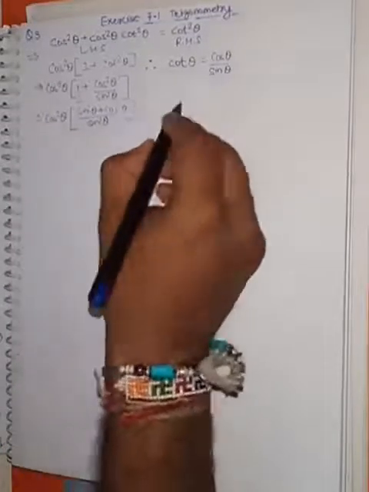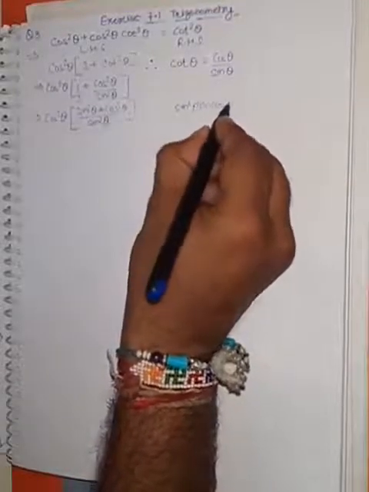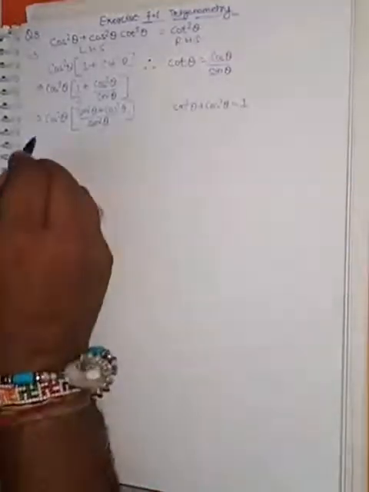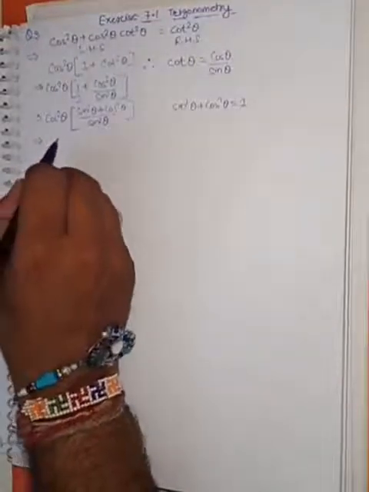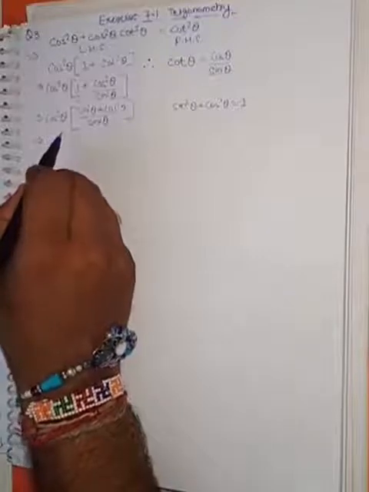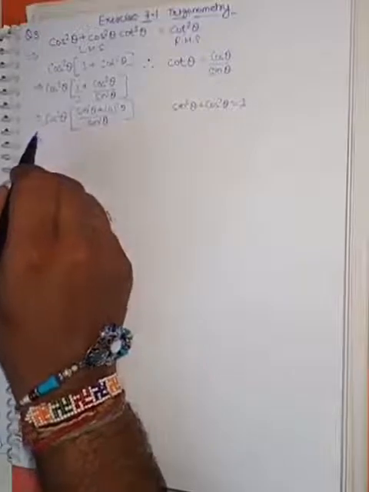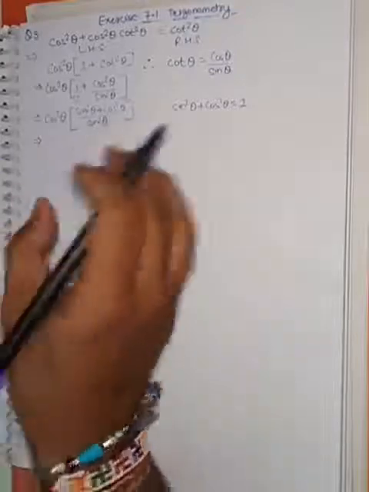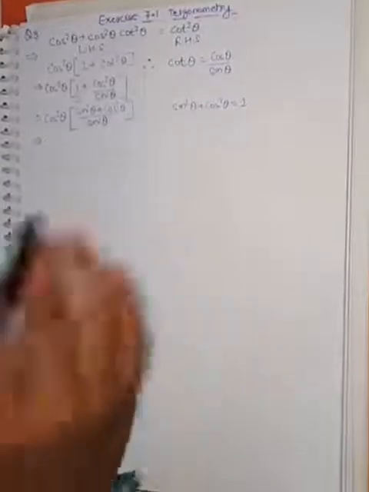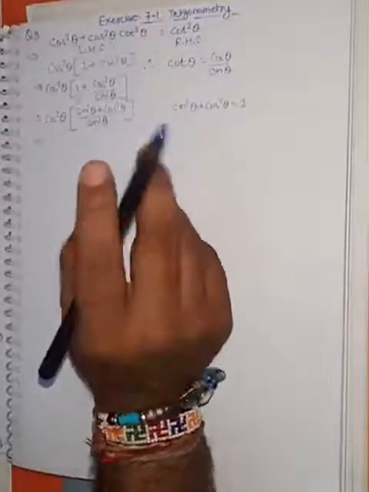Now as we know, sine square theta plus cos square theta is equal to 1. We know this formula. I hope you all remember these formulas which I have derived in our last videos. Please go through those videos. If you see those videos 2 or 3 times, there is no need to remember or learn all those formulas in trigonometry. You can derive all those formulas at run time, even during the examination, in just 1 minute. So please go through those videos 2 to 3 times.